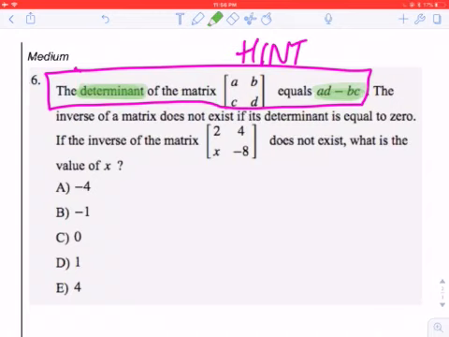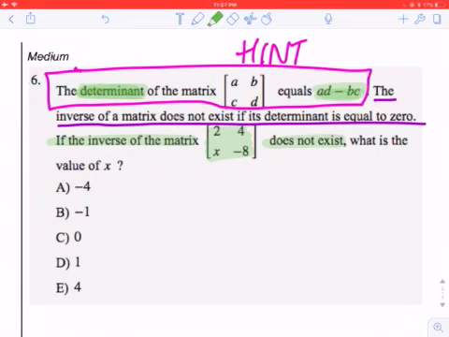So then it says, the inverse of a matrix does not exist if its determinant is equal to 0. So they're giving us new information here. They're telling us if the determinant is equal to 0, then apparently something doesn't exist. I'm not really sure what inverse means, or we haven't learned that yet, but we don't have to worry about that because we're going to find out what the question is asking. So the question says, if the inverse of the matrix, and they tell us what matrix it is, does not exist,